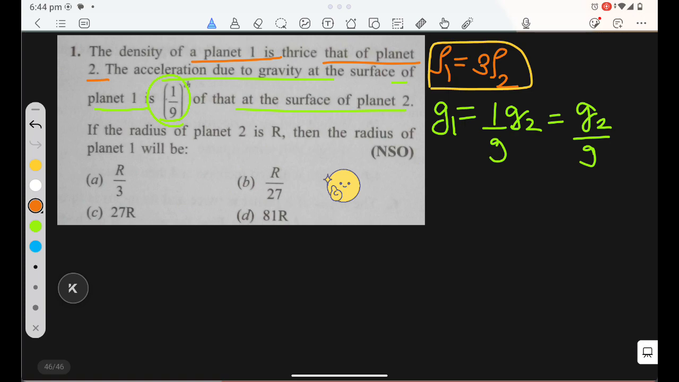Now if the radius of planet 2 is r, then we have to find the radius of planet 1 in terms of r. All the options are given in terms of r. If the radius of second planet is r, then we have to find the radius of first planet. A bit of mathematics is also required in this question. So what we can do here